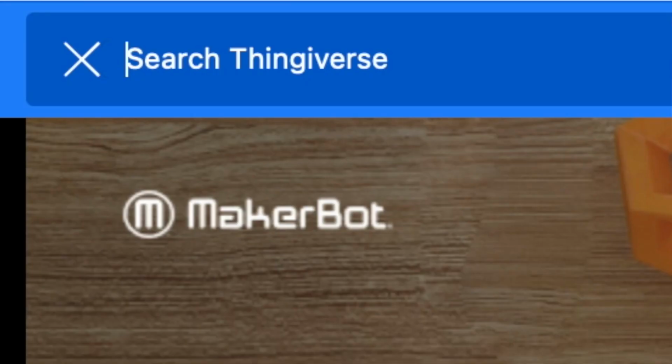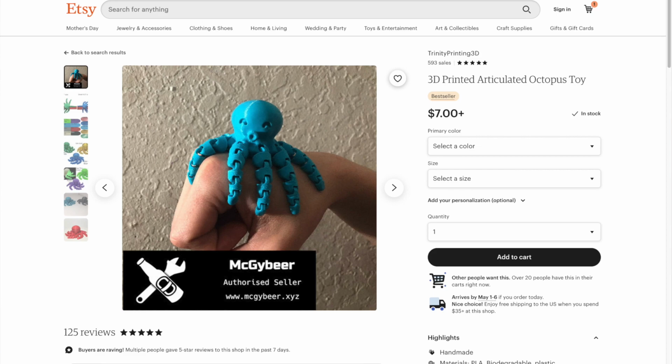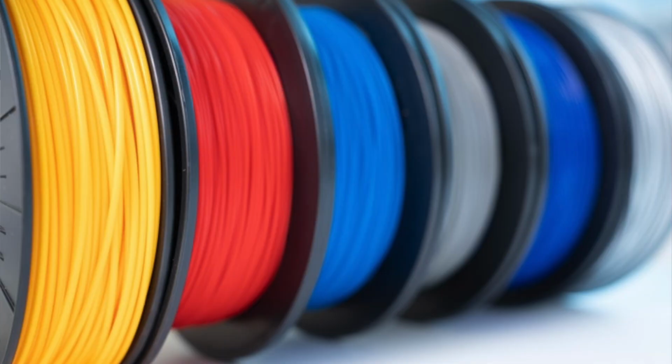Let's take a look at one of these sellers on Etsy and see kind of their finances, how much money they're making, and try and determine whether it's worth it what they're doing. Let's say you go on Thingiverse and download a little octopus and you go on Etsy and sell it for $7. And let's be generous and say that the filament and electricity cost is only